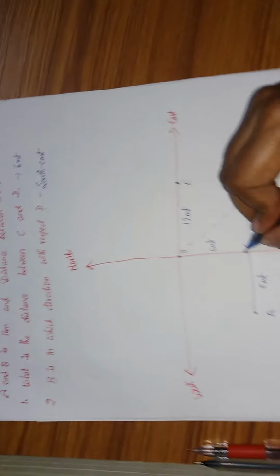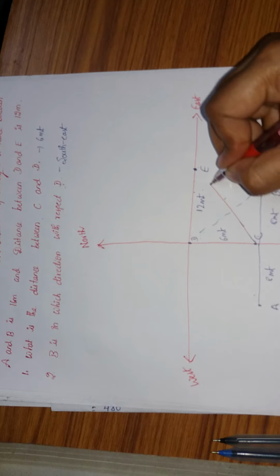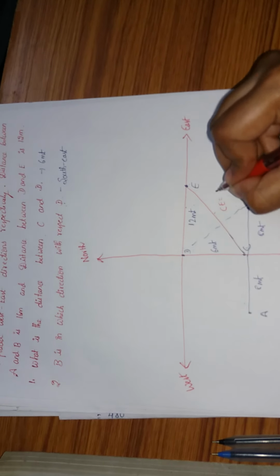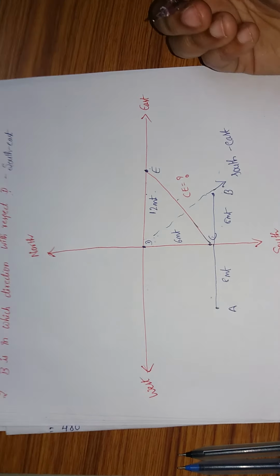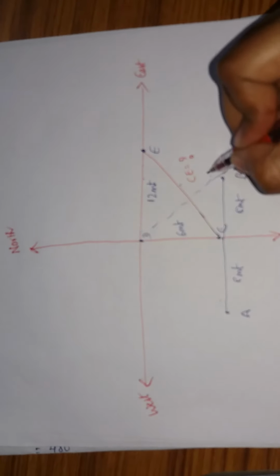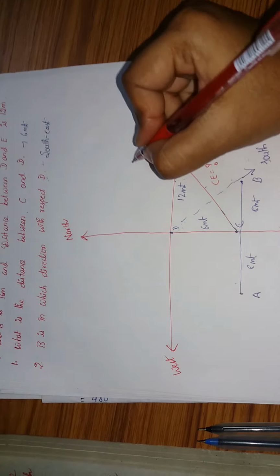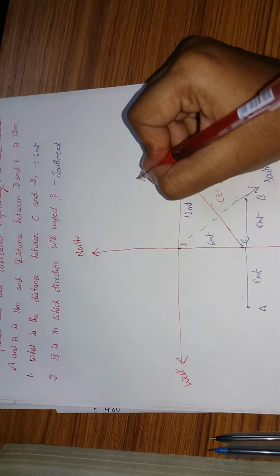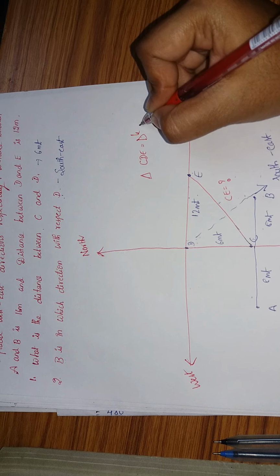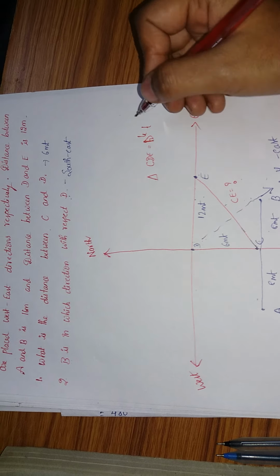So when we have to calculate the distance of C and E, what should we do? Triangle CDE is a right angle triangle. So by using the Pythagoras theorem,